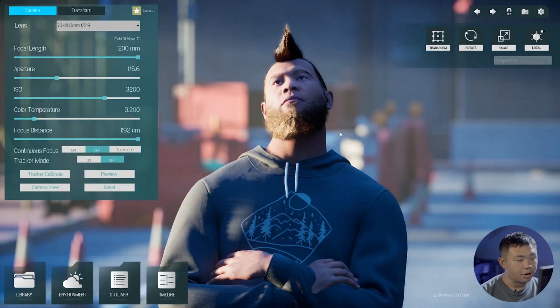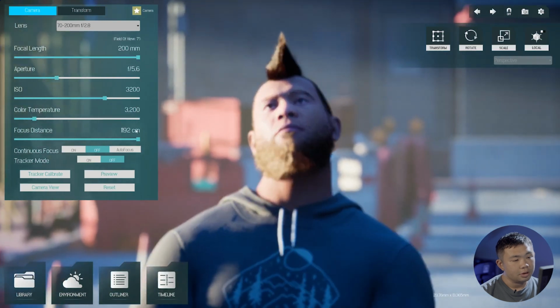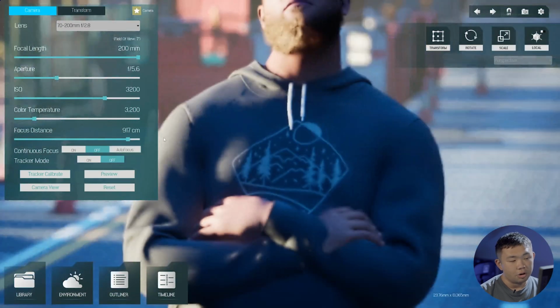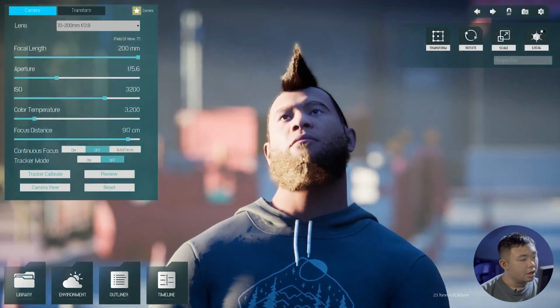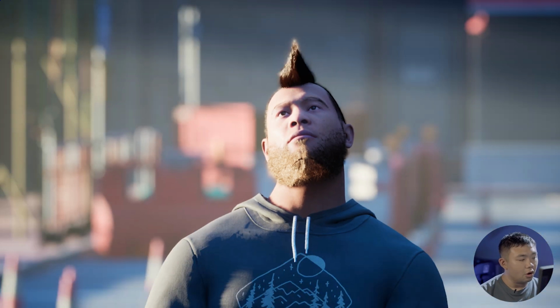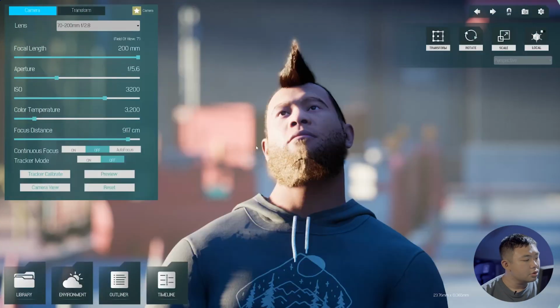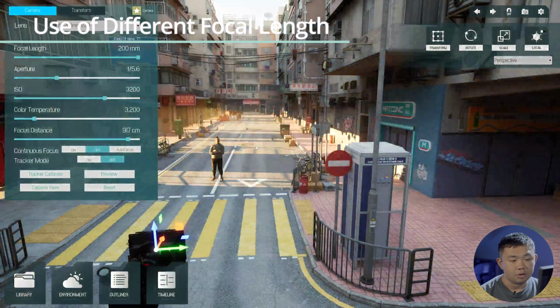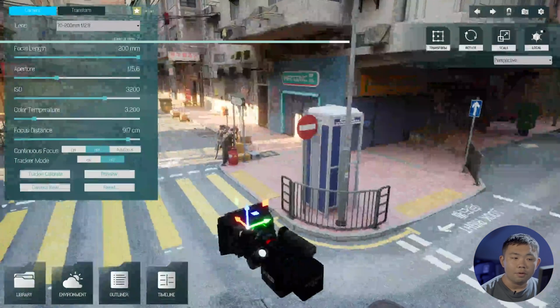The compression effect is perfect for close-ups, portraits, or shots where you want to isolate your subjects from the background. Telephoto lenses are great for capturing emotions. We can see that we can even zoom in to the character to focus on the character's facial expressions. And also, compared with the other two ranges, the depth of field of long focal length is relatively shallower. Alright, so now let's introduce two common techniques using short focal length and long focal length.